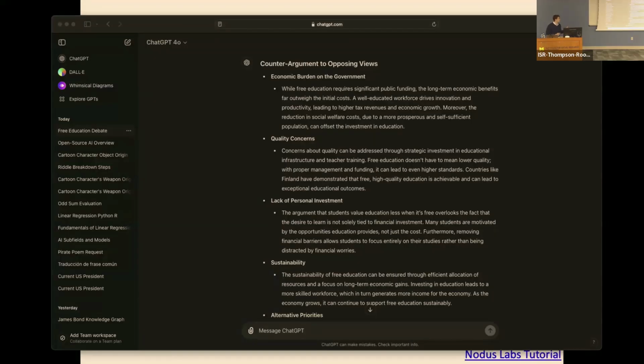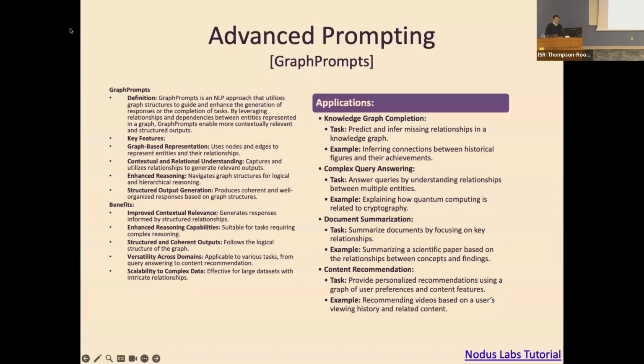Lastly, I did have an example. It was called graph prompts. And if anyone is familiar with knowledge graphs, that's basically what it did. It was able to feed in text and then create a network graph of the relationships between people or objects or things. However, the update kind of killed this thing. And instead, I've linked a tutorial that you could go over in your free time down here.